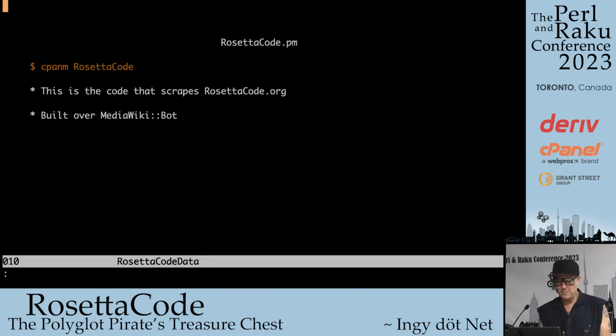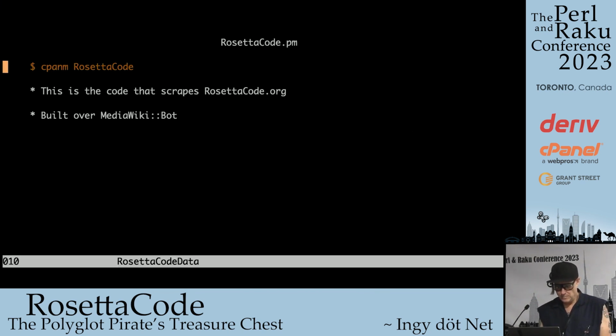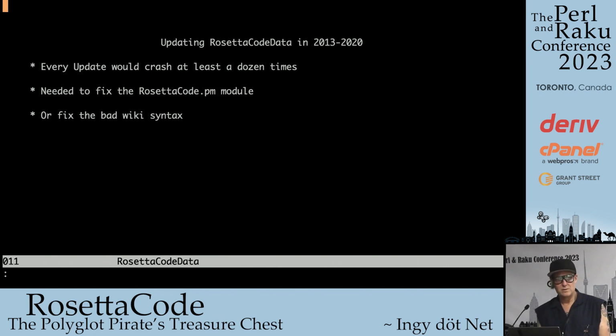It's all built around a CPAN module called RosettaCode, and we'll install it. Oh, I already got it. And it's built around MediaWiki bots, so I used to run this every 6 months, because it's a wiki site and it's really dirty data, and the program would crash, and I'd either have to add some exception to the program or just go in and fix the wiki mistake. So it usually was 10 to 20 to 30 errors, and I would get the thing done. So I didn't really want to do it that often.